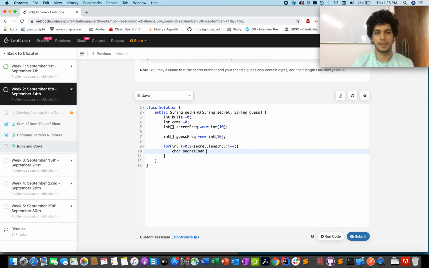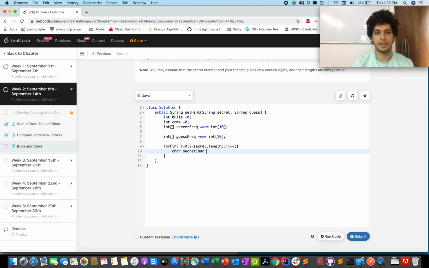And if secret char equals the guess char, you increment the bulls part, so bulls plus plus, else you'll update the frequency in the secret frequency array and the guess frequency array.